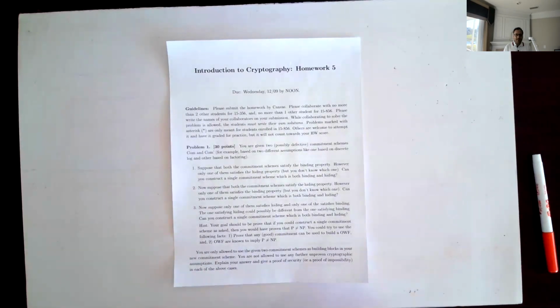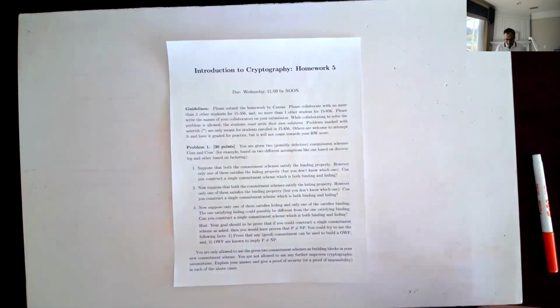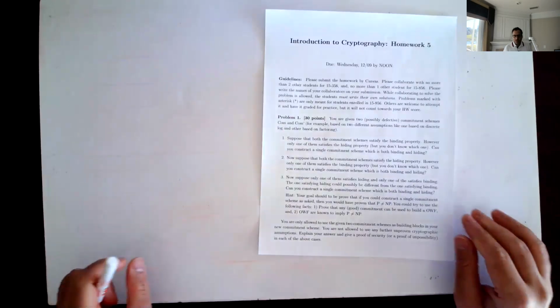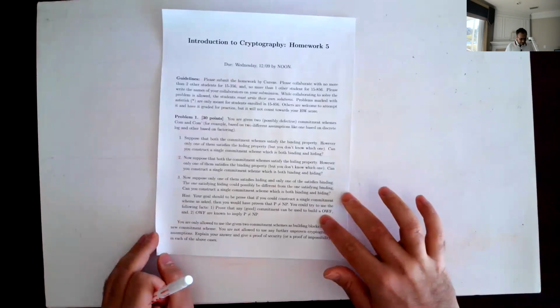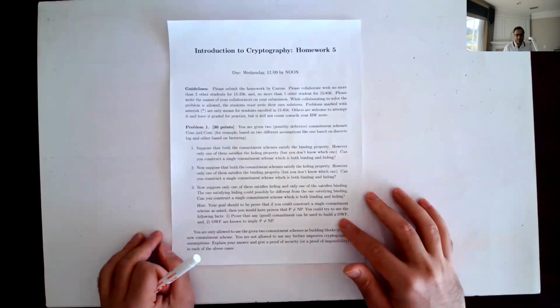So today, as you know, it's our last class, and we will mostly discuss homework 5 and homework 4. So let's start with the last homework, homework 5, which I guess all of you have just submitted. Okay, so let's start with the first problem, which is probably one of the simpler ones.